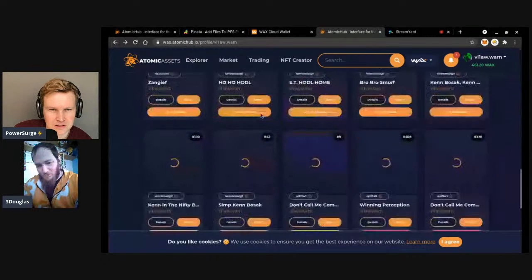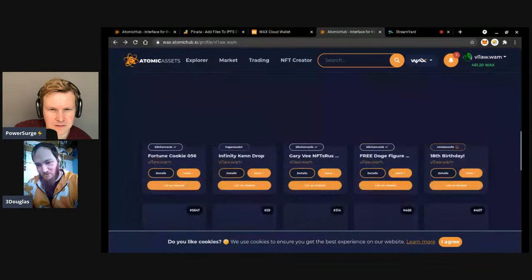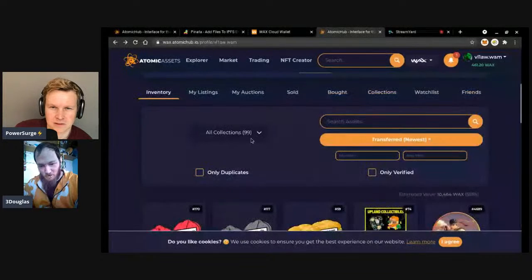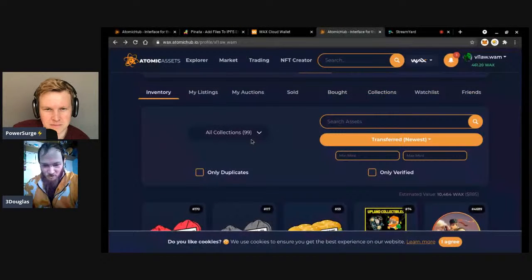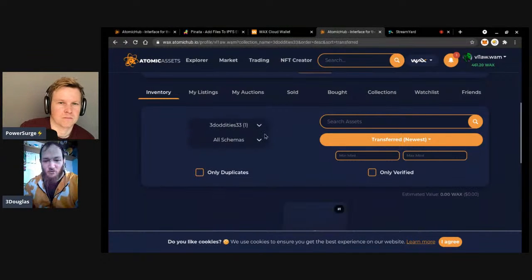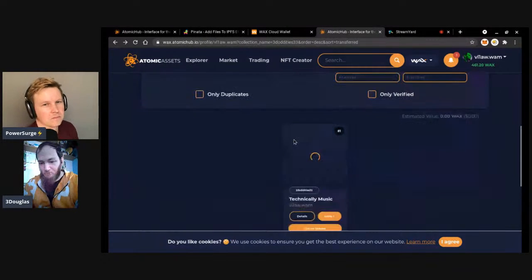Just trying to find my collection so you can get the same example from the same template. You can see all these collection names right here, which is kind of what we mean by the collection name can be searchable too, because it pops up in that little pop-up. Okay, so